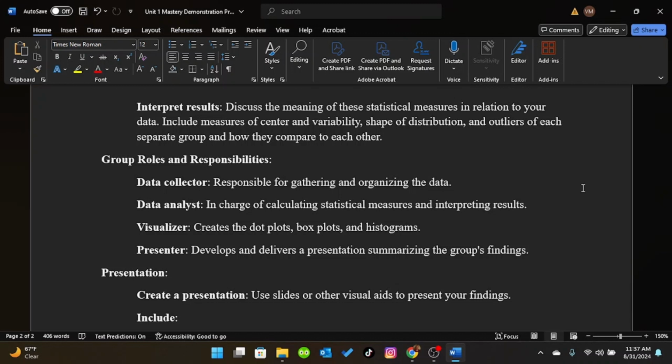What question did you ask, and how does this mean or median relate to that? What is it telling you? What was your question, and how does it relate to your measure of variability? What is that measure of variability telling you in context? What is the shape telling you about the context of your question? If you do have outliers, or if you don't have outliers, what does that mean in the context of your